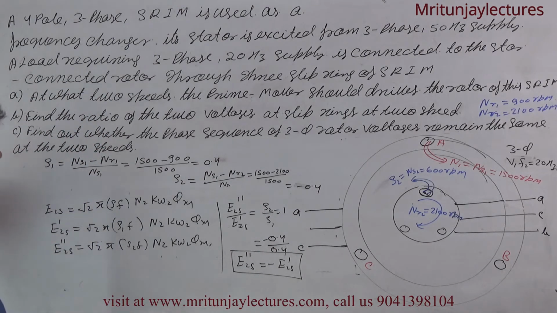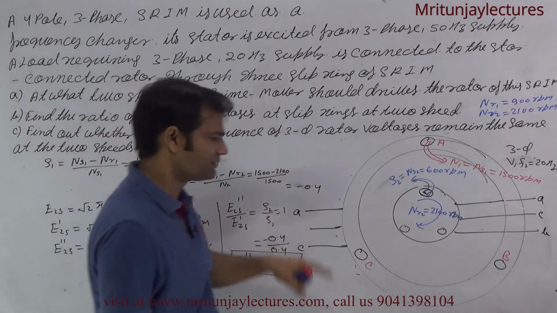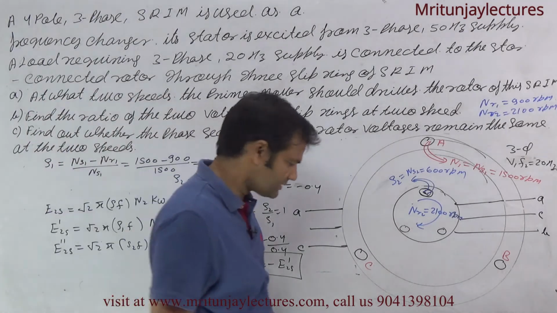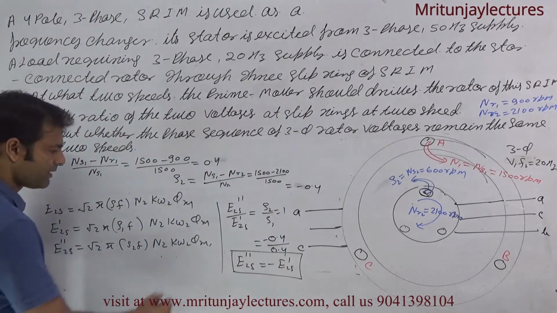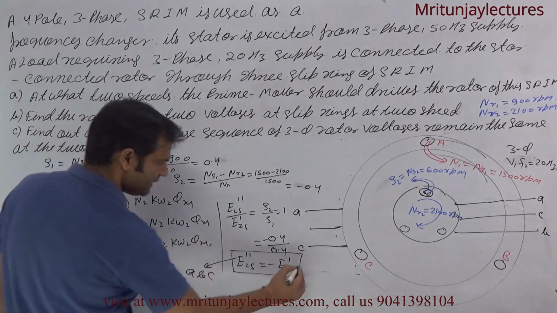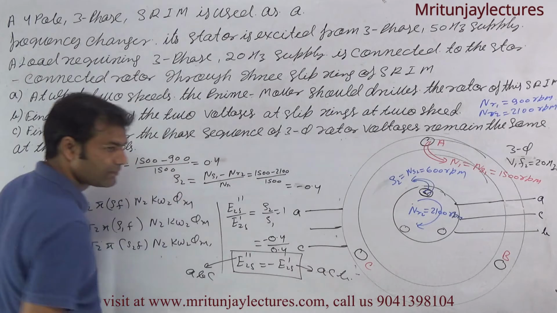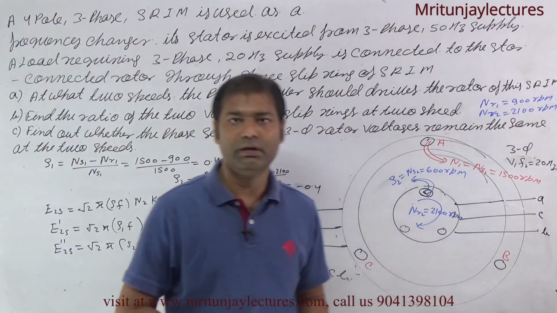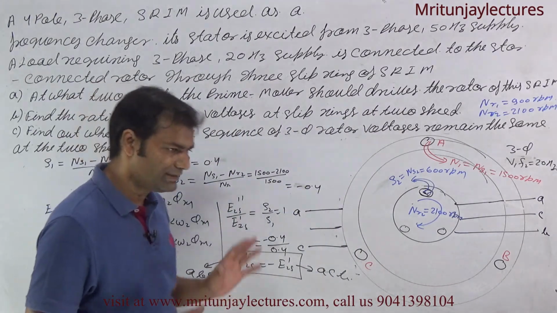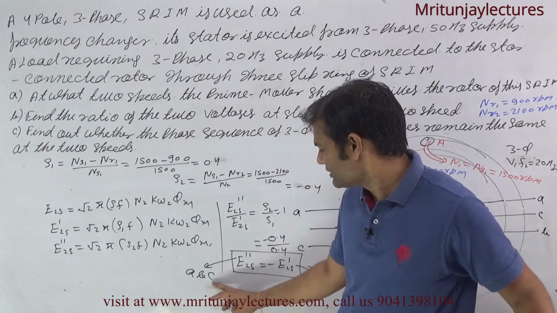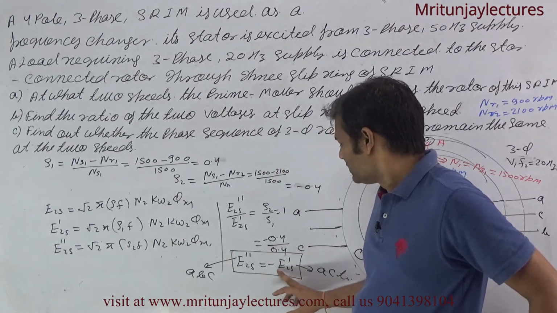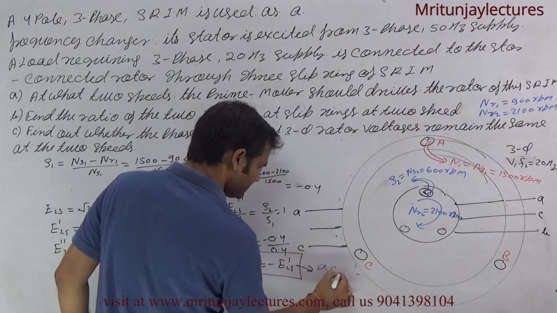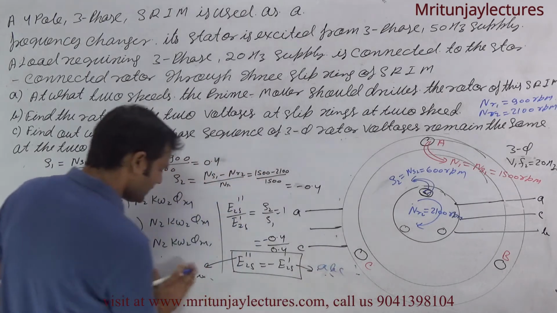And the last one: find out the phase sequence of the 3-phase rotor voltages. We have focus on phase sequence. Now if this one is ABC, then what about the other, that is ACB, because of opposite. Okay, it is clear. If the phase sequence corresponding to the rotor is, first of all, suppose this one is ABC, and this one is ACB.